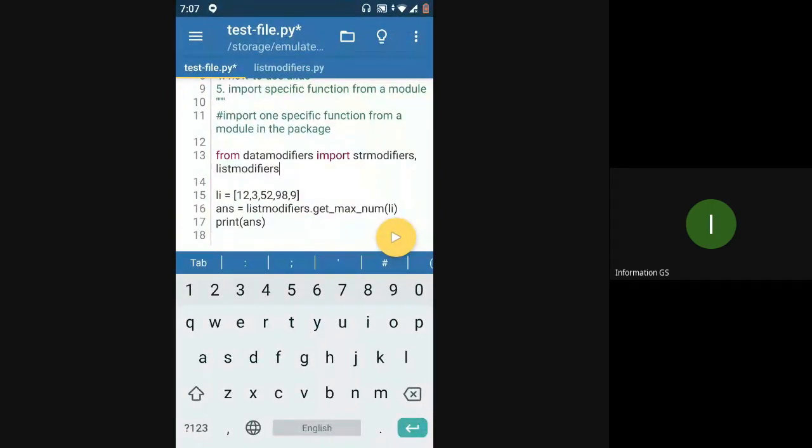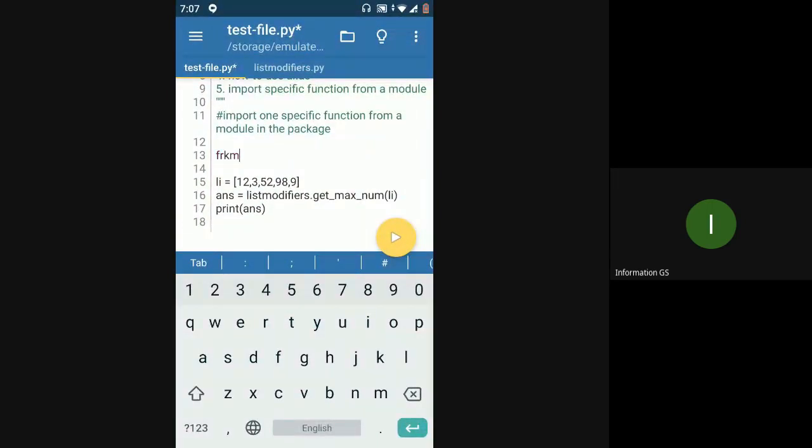Let me just show you how the star works. Star is actually not required here, but let me just show you anyway. Let's say from data modifiers.str modifiers import star. What we have seen before is we used from package dot module import a specific function.